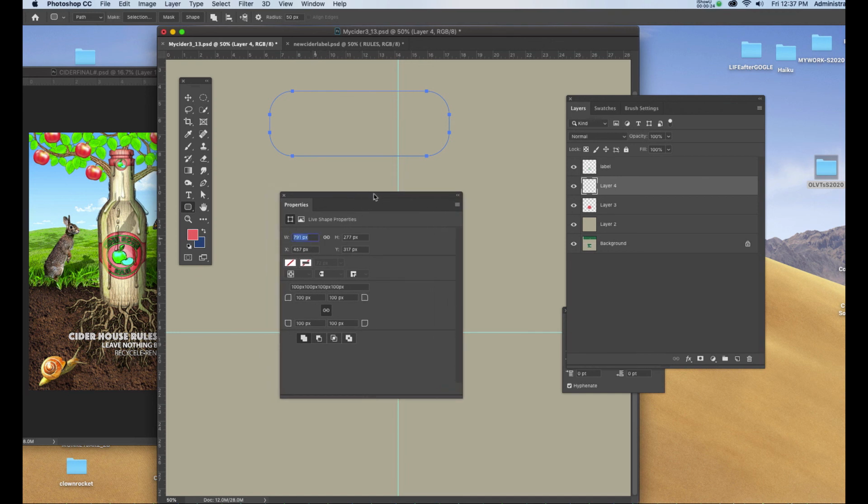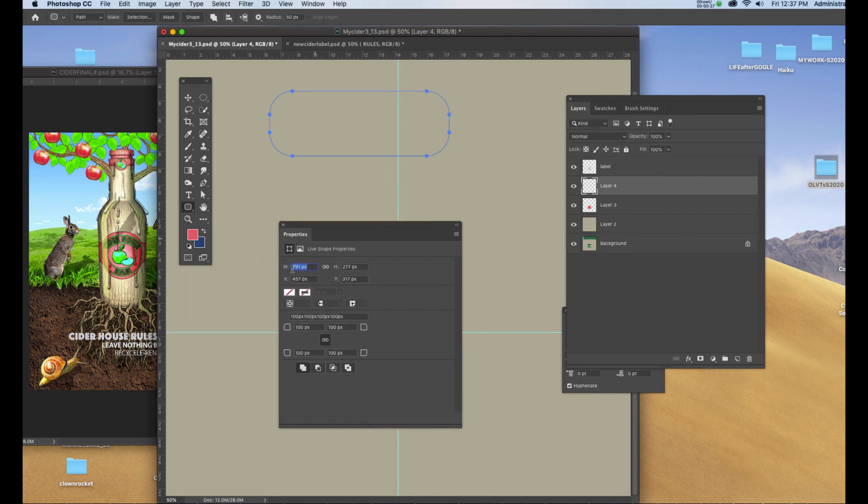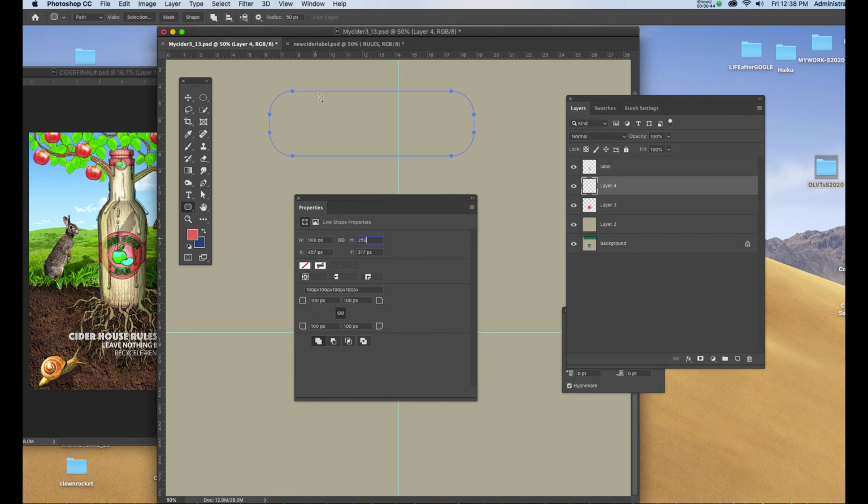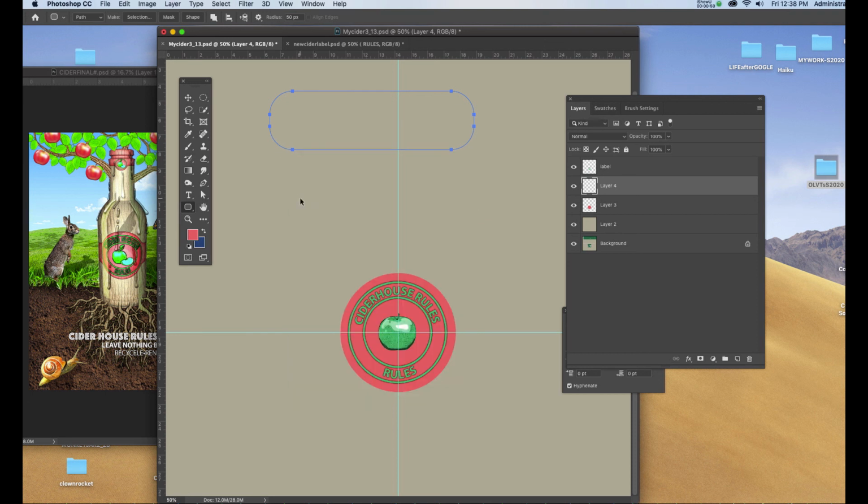Let's make the width of this 900 pixels. We'll make the height 250, and I'm going to make the rounded edges of that rectangle, each of them 100. And once I do, it will alter the proportions for me. I'll close out the properties window, and I'll hit Command T. That'll allow me to put that into position at the intersection of the guides where we've placed our logo and our red circle. I'll now right-click once I've set that by hitting Return,